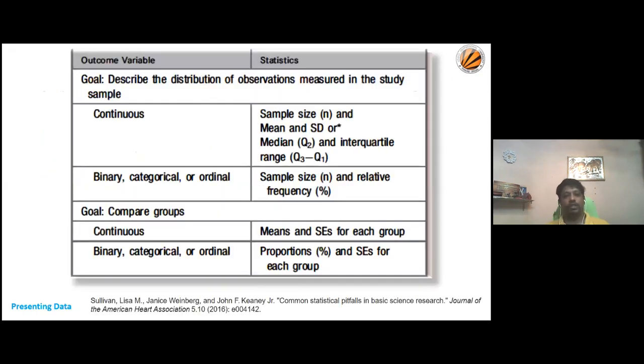Let us, in a nutshell, for the first goal, if you see this table, it provides what kind of descriptive statistic we should use. For example, the first one describes the distribution of observations measured in the study samples, the baseline data, like for the continuous variable,